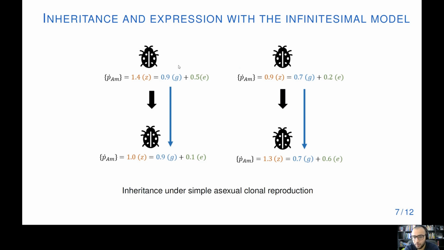And this implementation assumes the simplest case, which is asexual reproduction with clonal inheritance. And from this assumption, the simple rule follows that the value of the genotype is integrally passed from parent to offspring, while a new independent environmental effect is sampled to generate a new phenotype. And the bigger the heritability, the smaller the effect of the environment will be on the eventual phenotype of the